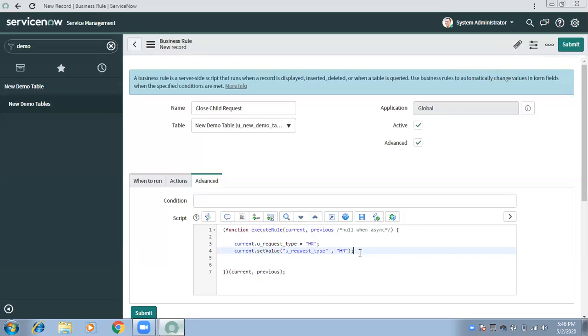Both are to set the value of a particular field. So this is how you can use the current object and the previous object, and how you can get and set the value.